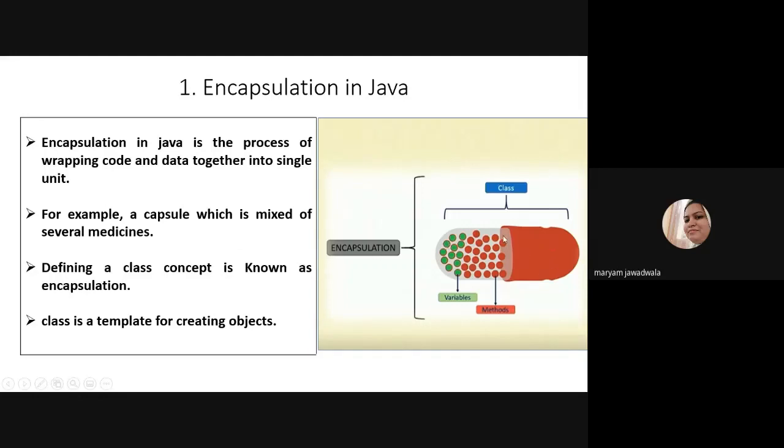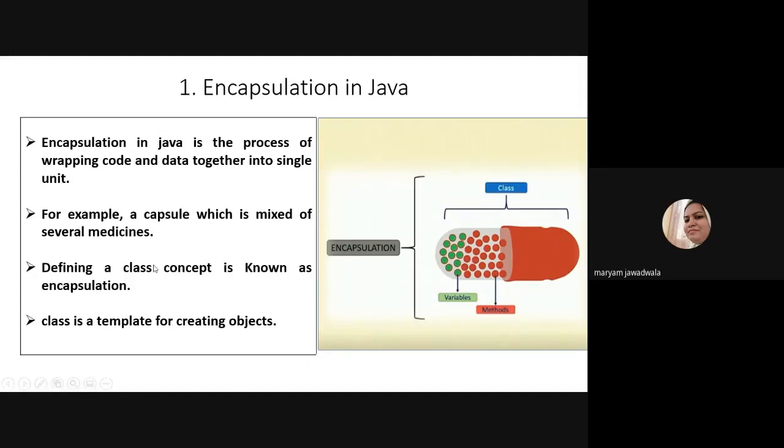So encapsulation is nothing but one capsule which is a mixture of methods and variables together in one place. Encapsulation is nothing but wrapping of data and methods together.